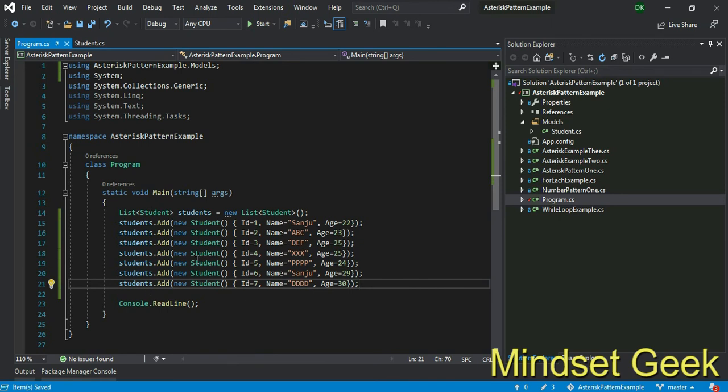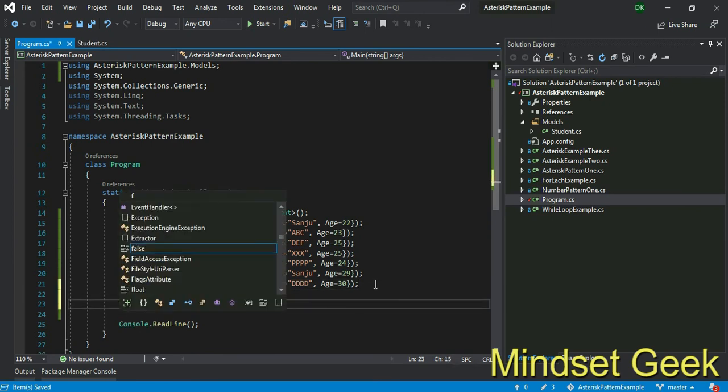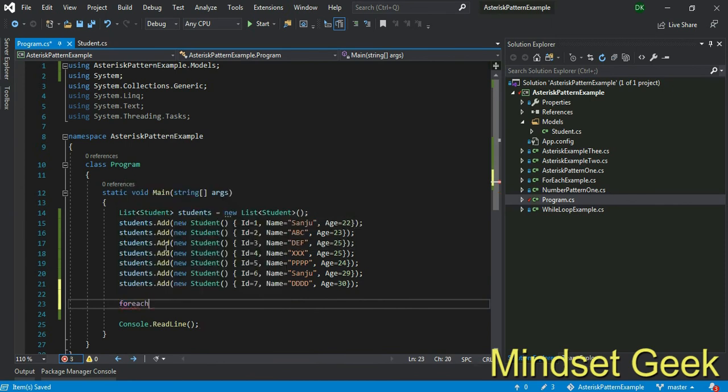You can add many, right? In this kind of scenario, you should use a for each loop. The reason is we have a list and we don't know the range, right? This time you can count the range, but if you have a database and it is always updating, right? Then you don't know how many items you have, right? Then use a for each loop. For each student in students, right? Students is the name. I use one student as student. You can use your own name, right? It doesn't affect the result.